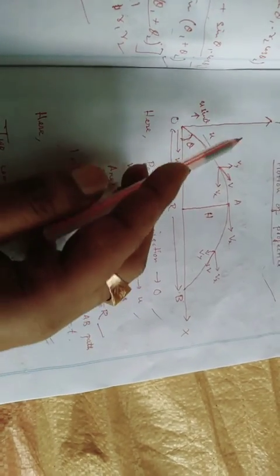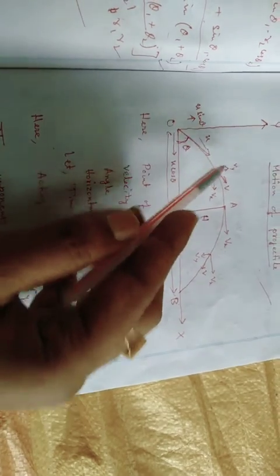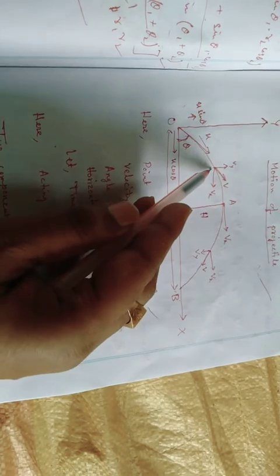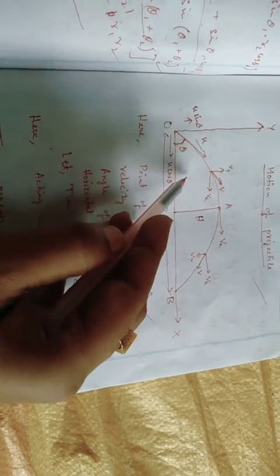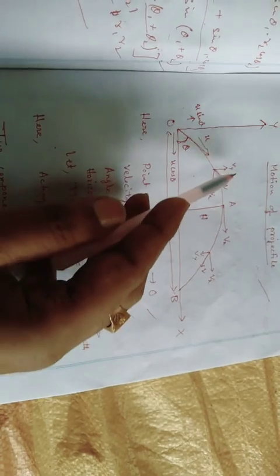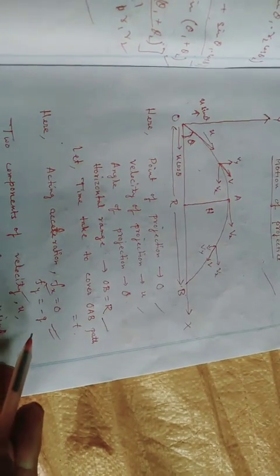But gravitational acceleration always acts on a particle perpendicular to the ground. So I have taken the fy component, which acts vertically on the particle,